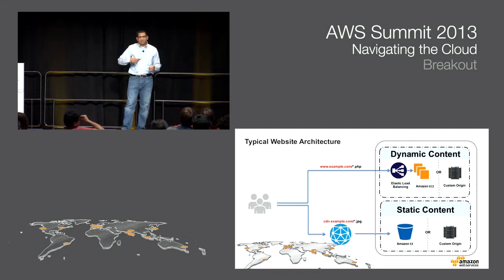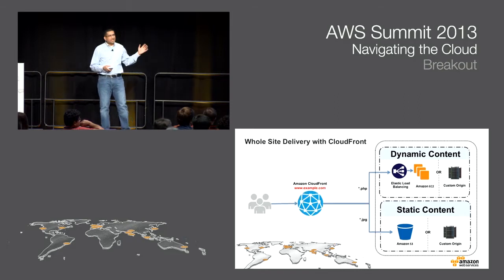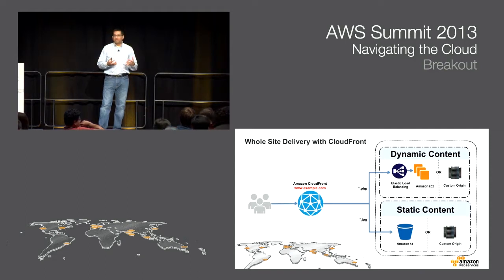If all of a sudden you see a spike on your website, are your origins equipped to handle that kind of a scale? So change that picture slightly, and this can have significant impact on the latency and the scalability for the dynamic